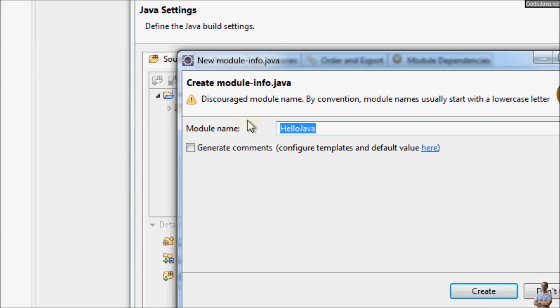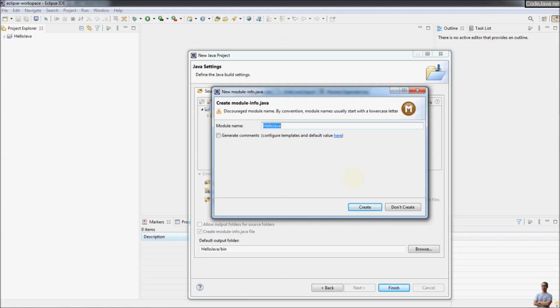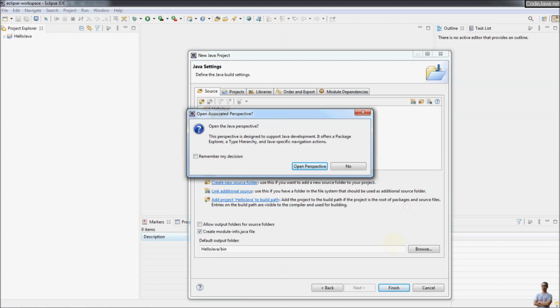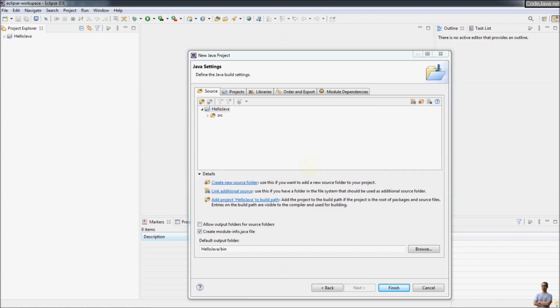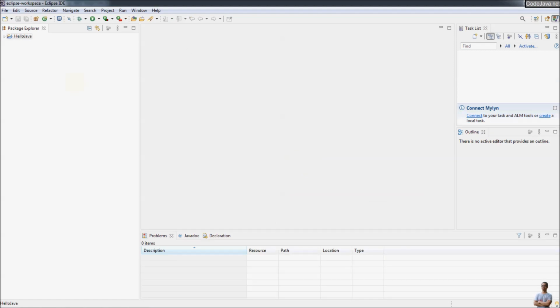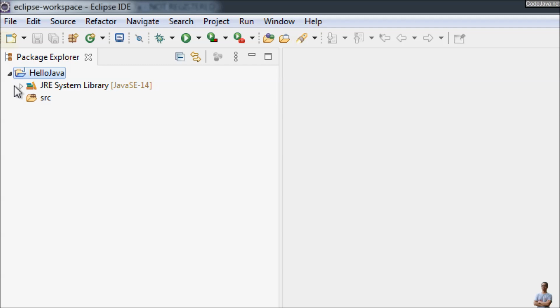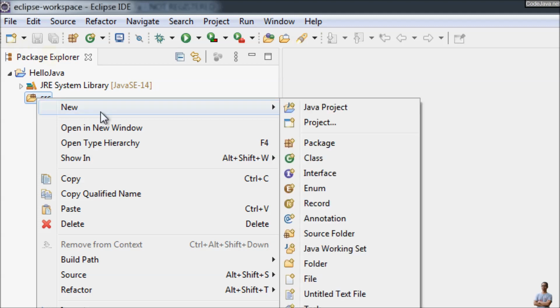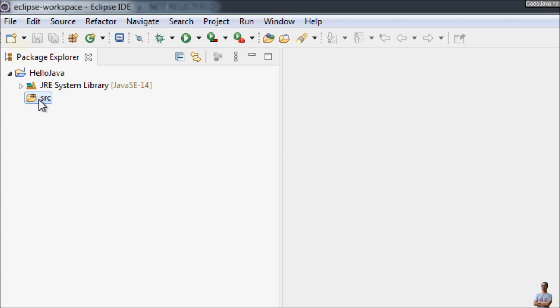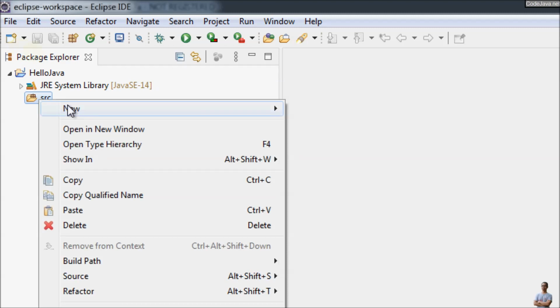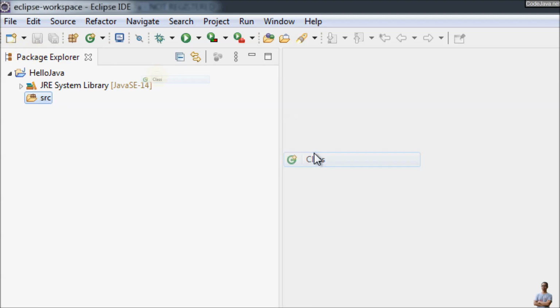For creating a module info, just skip. So click don't create, and open perspective for Java development. Open perspective, and you see the project we created, Hello Java, here. And now create your first Java class. Right click on the source directory src here, new class,